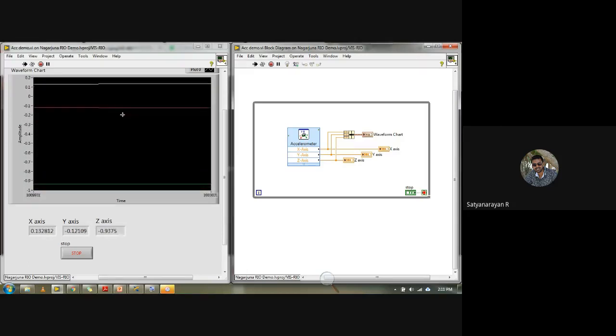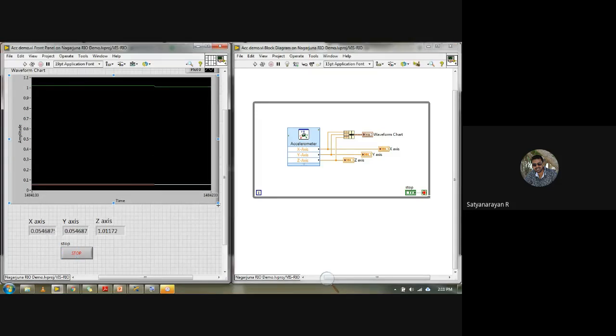If I click on the stop button, after hardly 10-15 seconds, I can see the while loop has been executed 14 lakh 84,233 times.